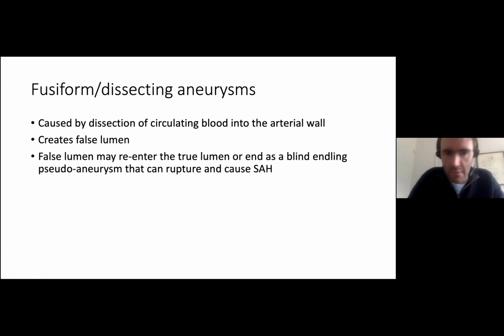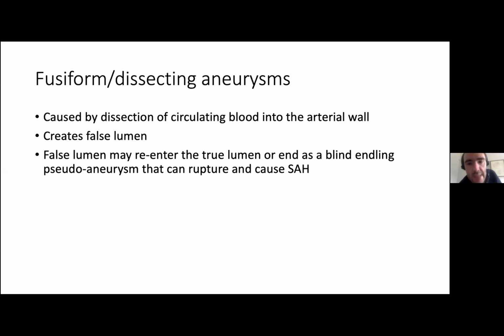So a lot of the time, we think that these are caused by a dissection, so a dissection into the arterial wall. A dissection is where you get damage of the intima, so of the endothelial surface, and then circulating blood enters into the arterial wall, and it creates a false lumen, which gets filled with blood, and that can be called an intramural hematoma. That false lumen may re-enter the true lumen, or it can end as a blind-ending pseudoaneurysm, which might